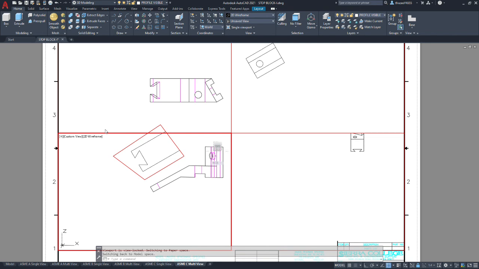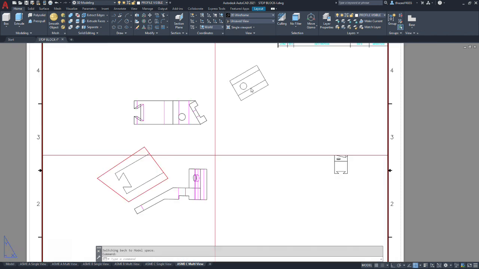Okay, so you should be ready to dimension at this point. You may need to lay down your dimensions in this workspace, but try to dimension what you can in the auxiliary views. That's what they're for. If you have to, you might need to trim some of these other viewports using that procedure I showed you.